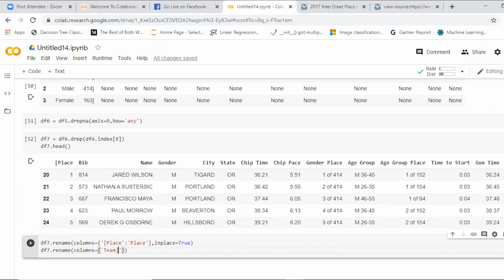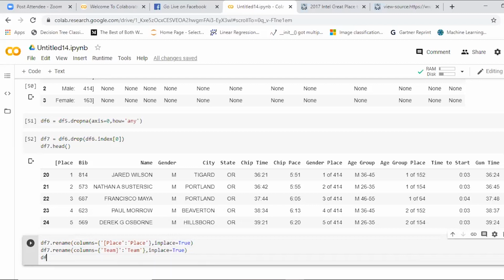I'm creating df1, each and every variable. Because this is data we are taking from a website, you need to assign each and every variable. If it is a single data set, you can do it directly. Shashank, you can do it directly, but here we are trying to take it from a web page, right? So I'm clearly assigning each individual variable, not data frame, actually; we are creating individual variables. That's the reason, to understand. So starting at place and ending at team, you can run it.